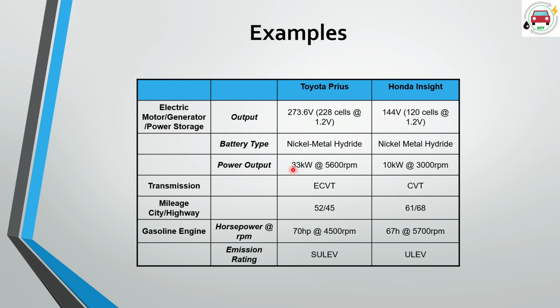Then power output, we can see this is 33 kilowatt at 5600 rpm, that is enormous power it is developing. It is around 45 hp, and at another place, the Honda Insight is providing us 10 kilowatt power at 3000 rpm, right? So as we can call it the transmission and mileage, this Toyota is giving us the